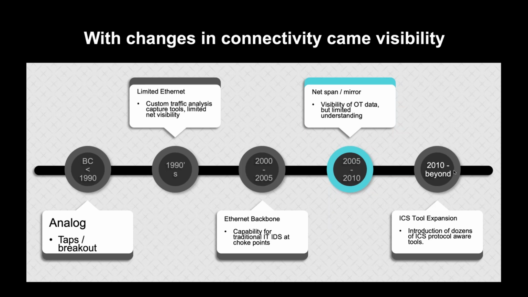So now we had visibility to the data set, and then the next question came up of what does it mean? Now that we can see all this communication, we can start to baseline and we can start to see protocols. We could easily identify some things that shouldn't exist, some old protocols that may have been there from previous system upgrades that we could eliminate, systems that were talking to systems that they shouldn't have been, some very obvious things. But after those easy wins were fixed, there were a number of other questions about what do we do